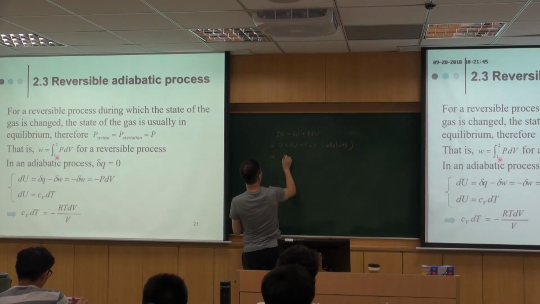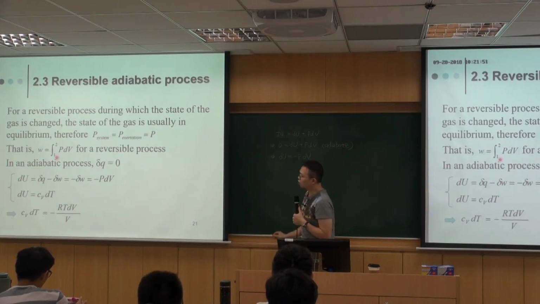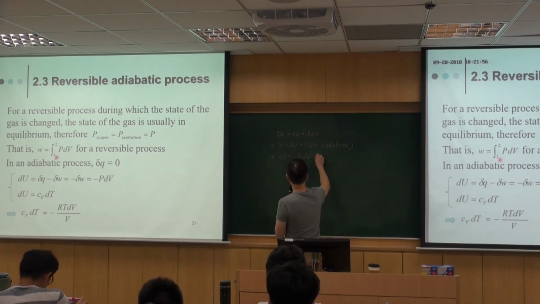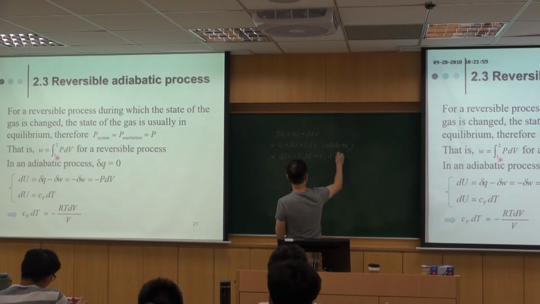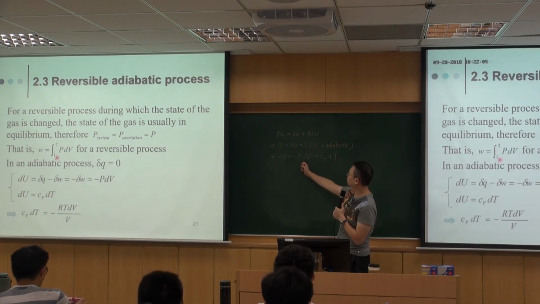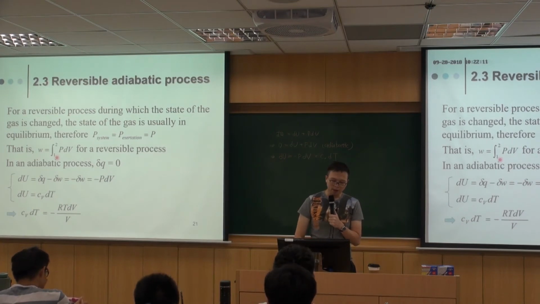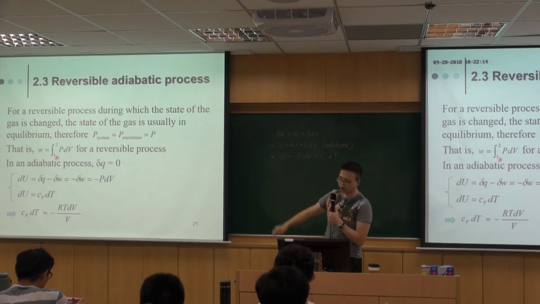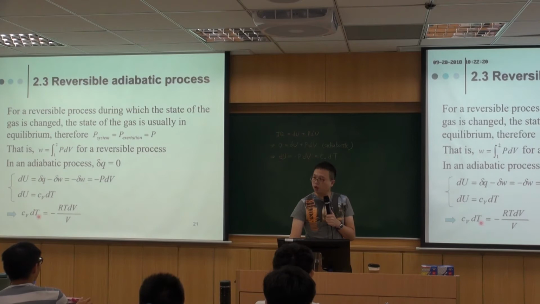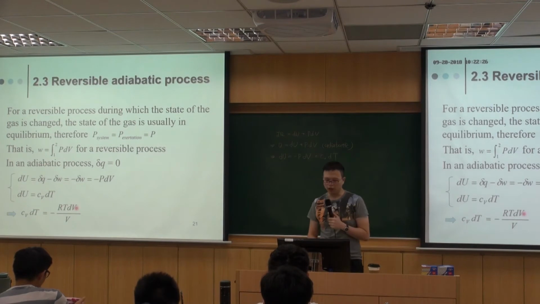And then you have this thing. And we also know from the previous definition, dU is Cv dT. So this is by definition, okay? But this is from the adiabatic process property. So if you have these two, you can rearrange the equation, and you have something like this. So Cv dT equals minus RT over V times dV. So